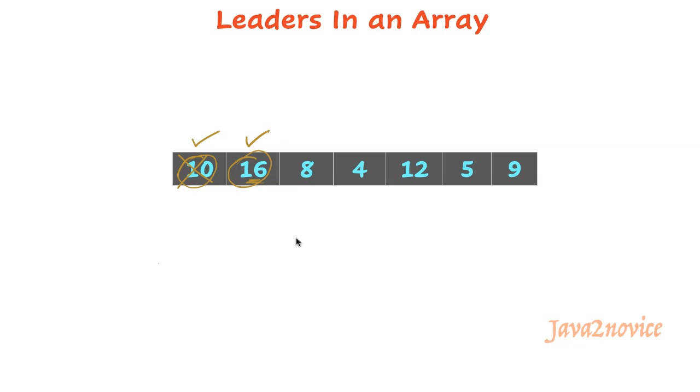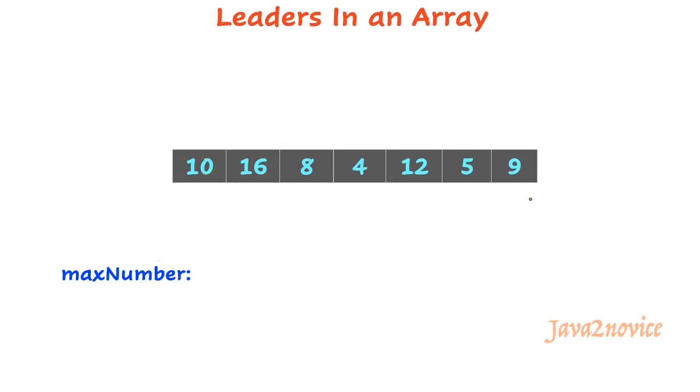I'll clean it up first. In the next approach, we will iterate backwards, right to left. We will hold a variable called maximum number, which holds only the maximum number it has seen in the previous iterations. We will assign the rightmost number to the max variable as a first step. Also, we will print this number onto the console. By default, the rightmost number is a leader. We will start our iteration from here.